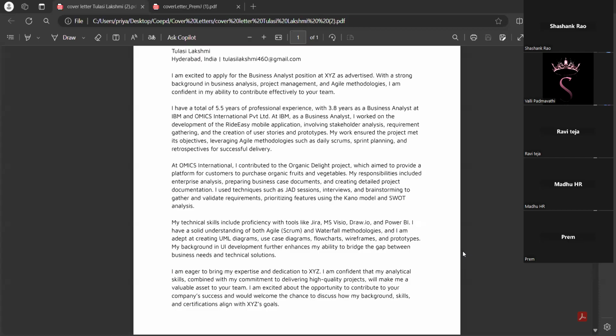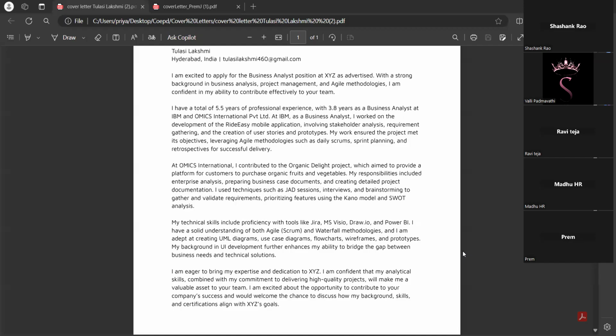Okay. You have used different tools, right? Jira, MS Visio, Draw.io, and Power BI. Can you explain how these four tools are utilized in your live project? Yes. I used Visio specifically for all the diagrammatic work and vector graphics, to create various flowcharts.